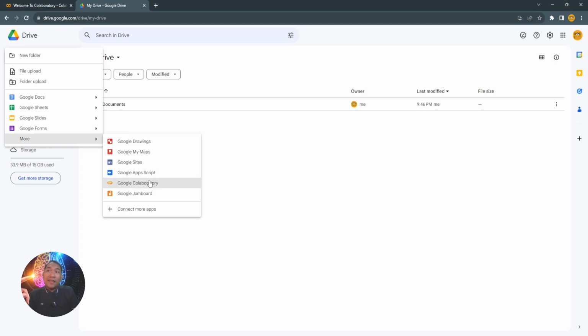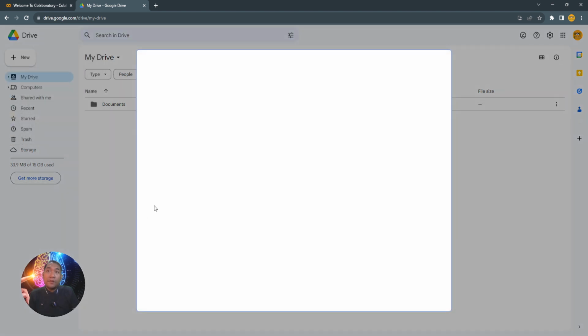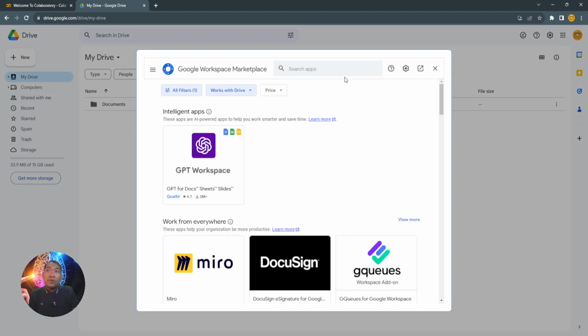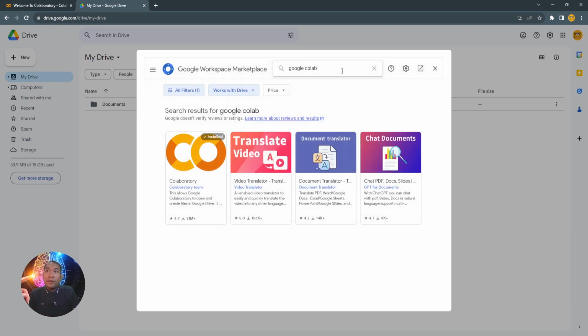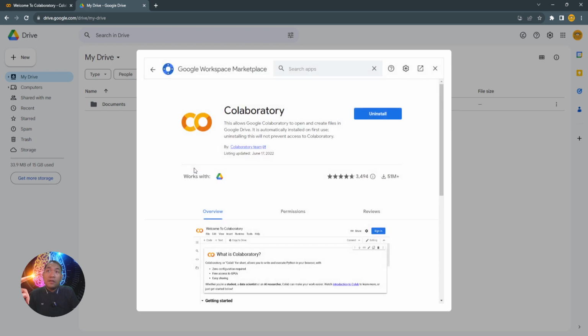But if you cannot see it, what you need to do is click this Connect More Apps here, and then the Google Workspace Marketplace will load. Search for Google Colab here, and then just search for the Collaboratory Notebook app here. And if it's installed and you cannot see it here in the New